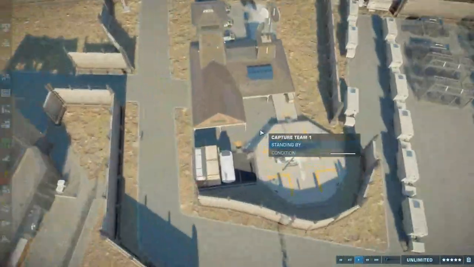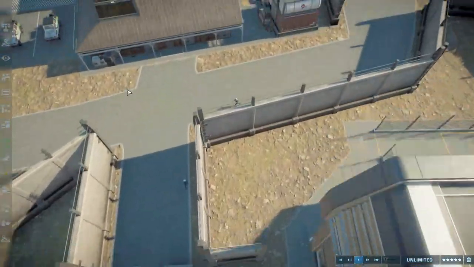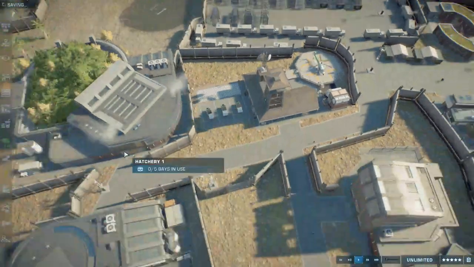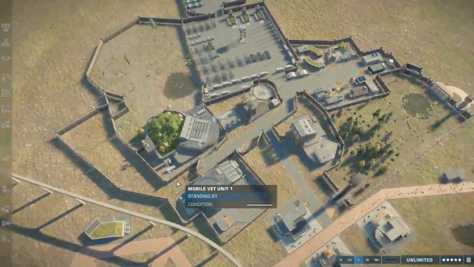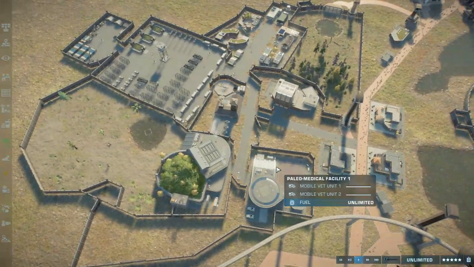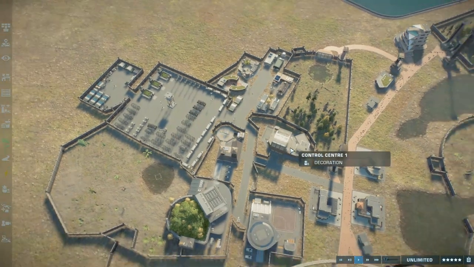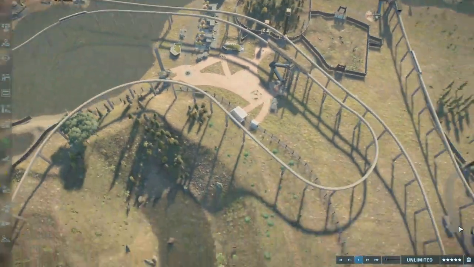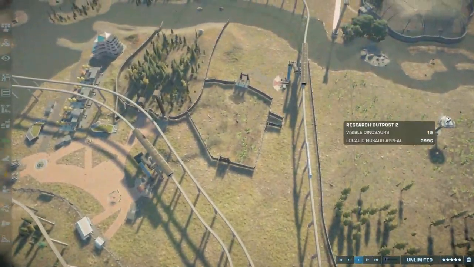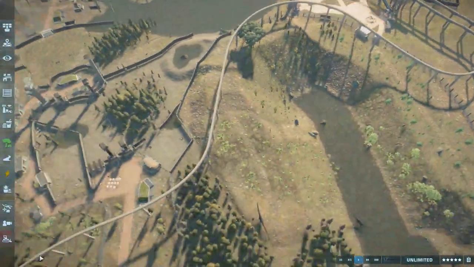But all the rangers sleep in the response facility because there's room, and that way they're even faster on call. So we've got the hatchery, and we've got this thing, which doesn't really do a whole lot. This is the control center. This is decorational, of course. I don't know why I made that. Oh yeah, because basically, if you want to get to one of the...